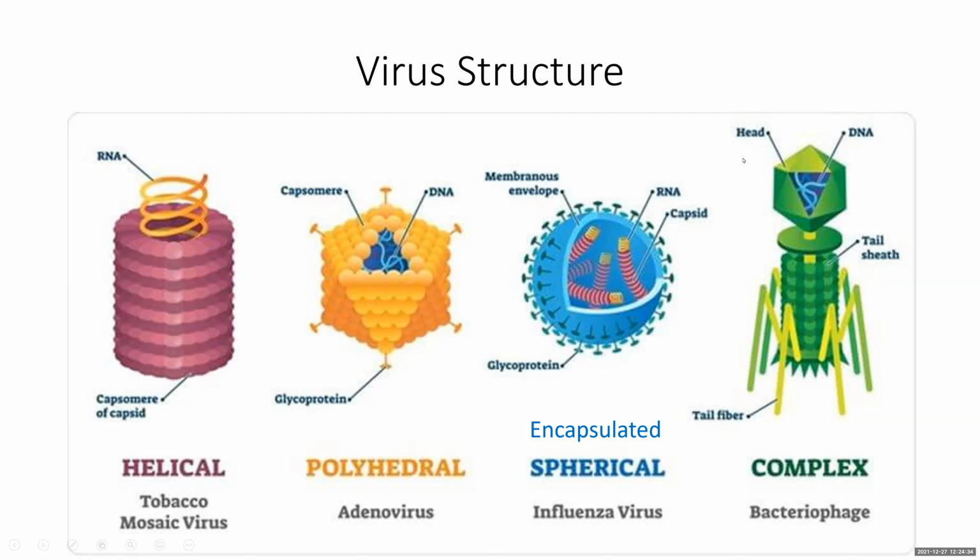Anything that doesn't fit into these categories is called complex. Bacteriophage is an example, although there are other types of complex viral structures. I love bacteriophage. They look like little spaceships. They've got the head part, they've got a tail, they've got these tail fibers that look like the legs of some kind of landing craft. It's going to sit down onto the surface of a bacteria, and it's going to inject its genetic material inside